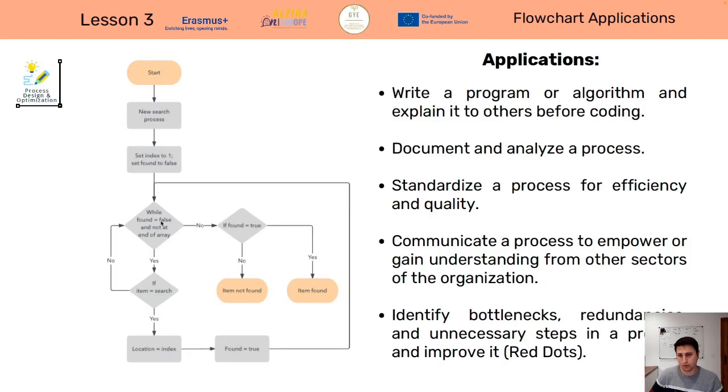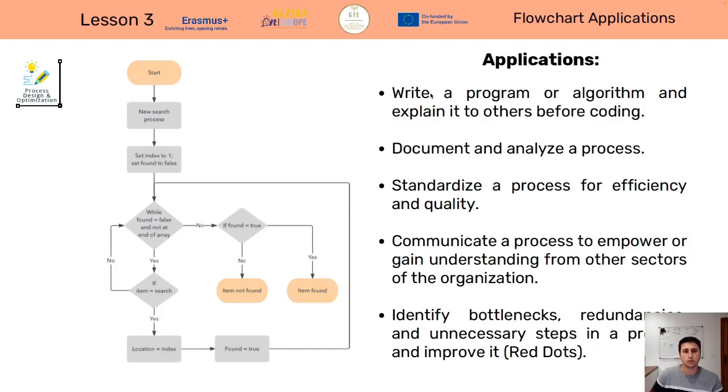If found equals true, yes, item found; otherwise item not found. Okay, and it would continue looking for it until the item is equal to the search. Okay, and the location is equal to index, found equals true, and again we will repeat the process.